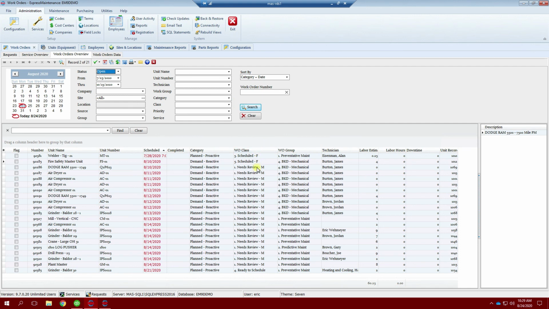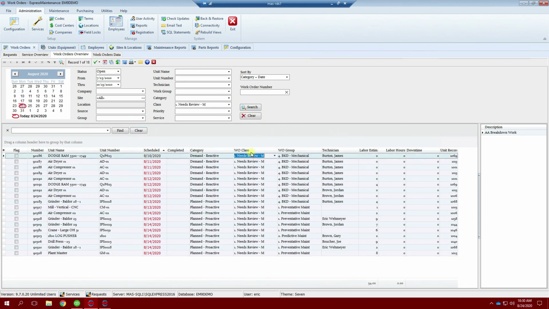And here you can see that some of these work orders are not scheduled. Okay, they have a scheduled date, but that's just a general date. It hasn't actually been scheduled because in the way that we teach and apply this, we mark this, if it needs reviewed, then it's not ready. But it can go from needs reviewed to I can look at all of my work orders that need to be reviewed, that are currently open and need to be reviewed,